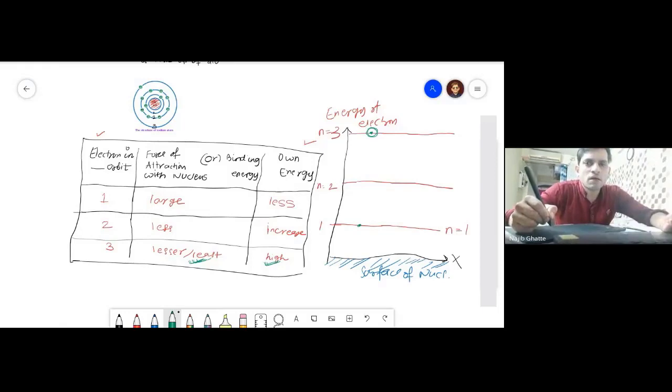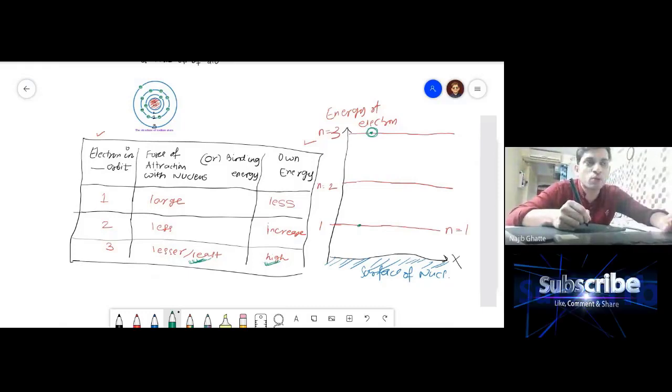Fine. This is how you make an electron move. Sir, is it possible to have a proton? No, not possible, because the proton is in the nucleus. If you want to get a proton, first you need to break the nucleus, and in order to break the nucleus, you need to carry out a fusion kind of reaction. This reaction is very energy consuming. You require more energy in order to break the nucleus, so you can't afford it.